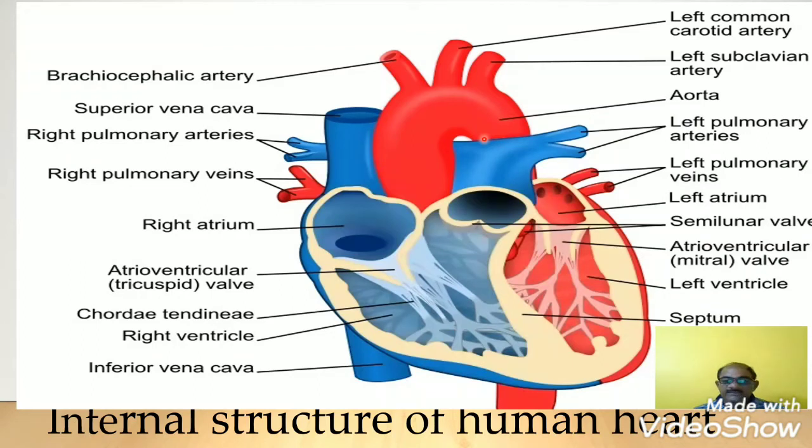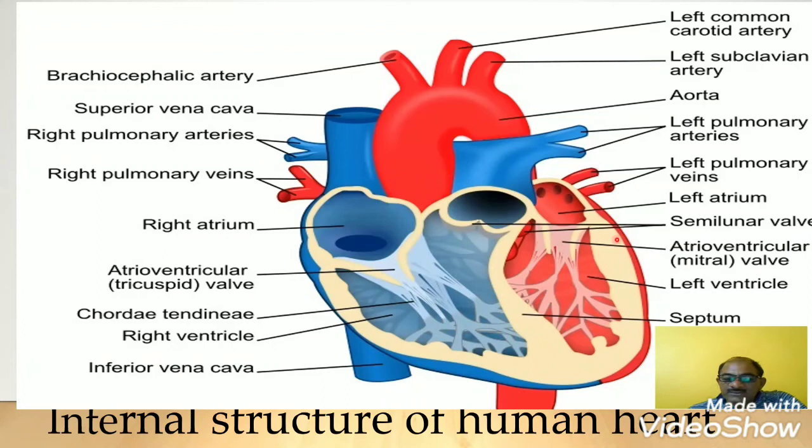and this left ventricle pumps the blood toward the dorsal aorta, and from that dorsal aorta it passes toward the brachiocephalic artery, left carotid artery, subclavian artery, toward the lower part of the body. In this way, that type of blood flow occurs. So in this left ventricle particularly,